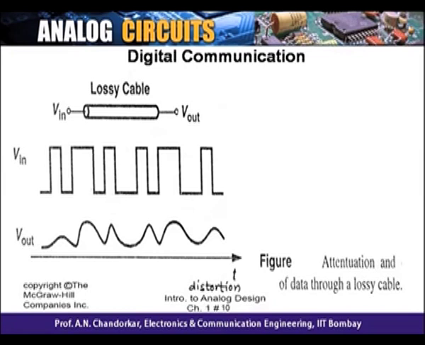There is a lossy cable, like a copper cable or any other cable. You send an input data, and this is the data you are actually sending, because it's not a lossless line. The actual data which is received is this. You can see it has a similar time period, but its shape, does it look like analog? It does look like an analog signal. So you sent digital data but the data received at the output was more like analog.